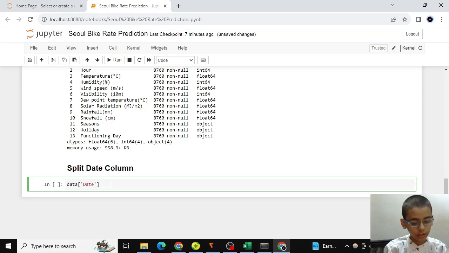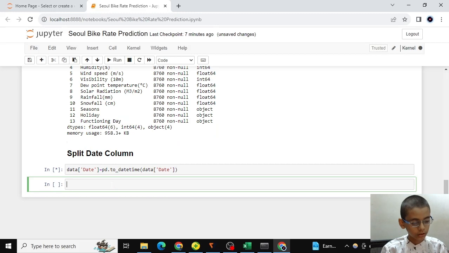Data has a column called date, and we convert that column into datetime, and then we execute it.